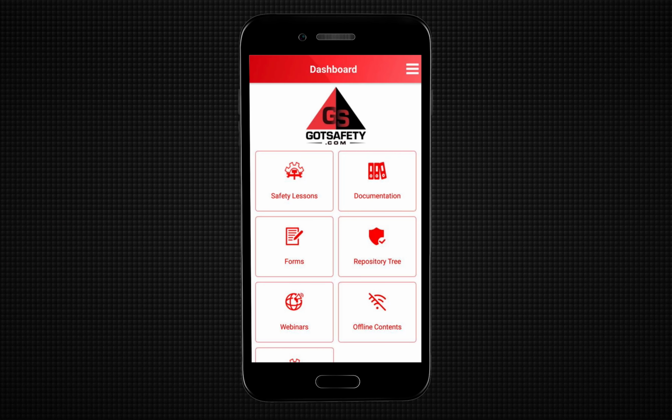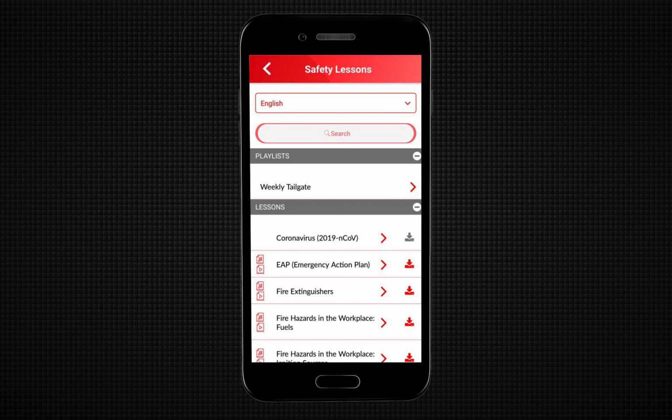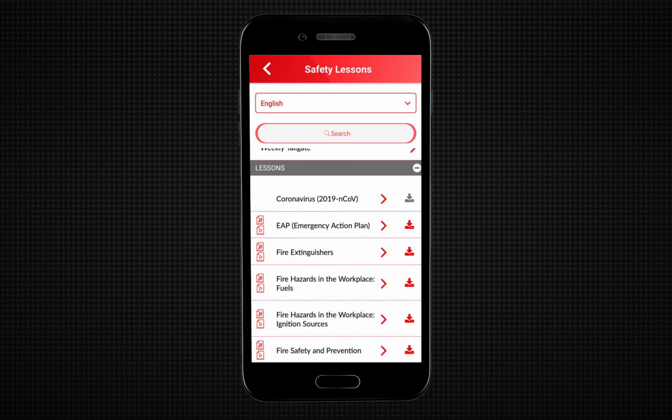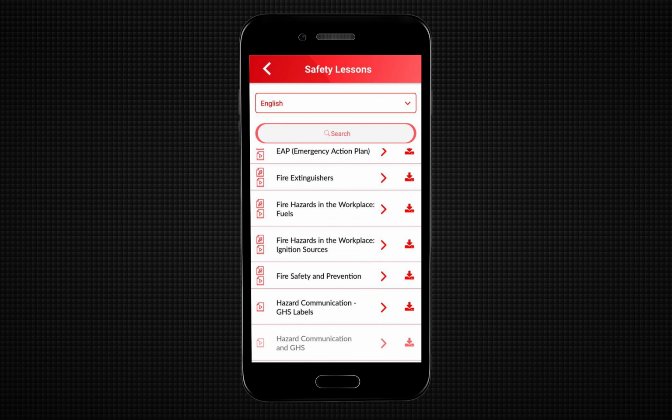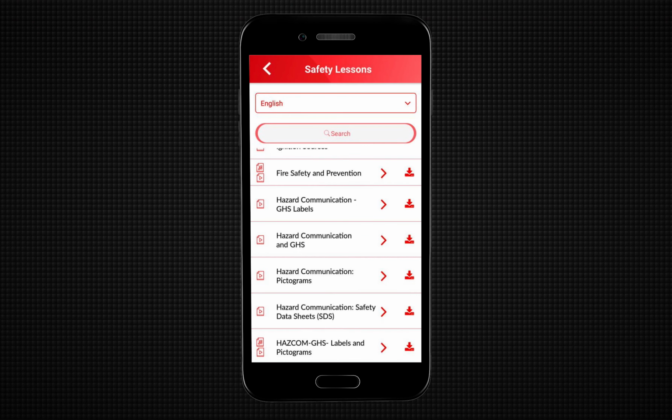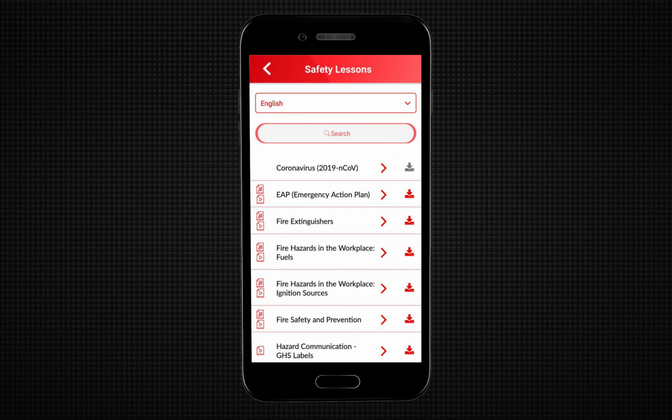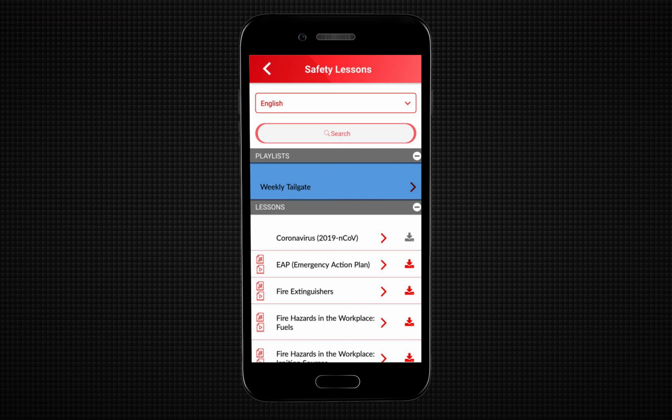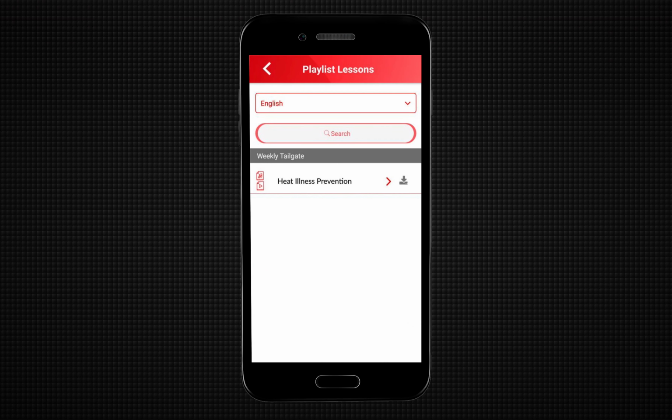From the home screen, click on Safety Lessons. Your safety lesson library will appear at the bottom. These are all the lessons that are active in your library. Any playlist created from admin will show up above the lesson library. Playlists can be used to direct employees to the topics that are most important for them to review and sign off. Simply click on the title of the playlist, and it will expand to show you the lessons that are